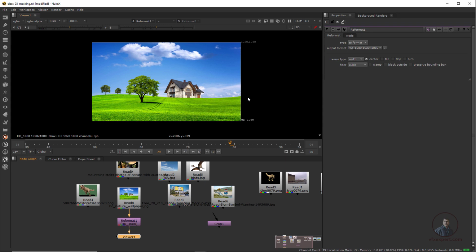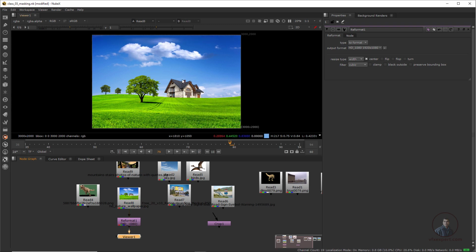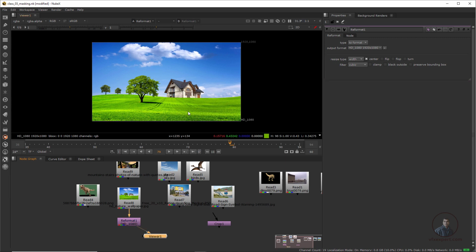But the most important thing here is to understand the frame aspect ratio, because while you are reformatting your image, we also have to focus on the resize type. By default it is set to width, but if you check before and after, this is our original image, and this is after reformatting. Select this one and press 1. You can see it is cropping some parts of your actual image. This is mainly due to the frame aspect ratio.